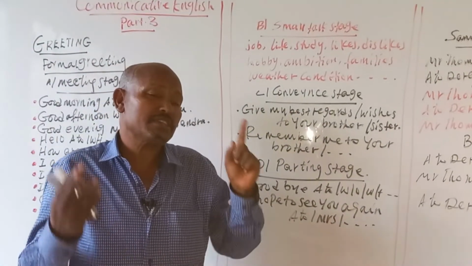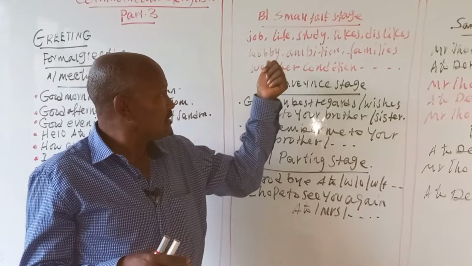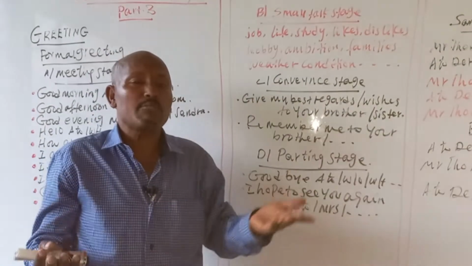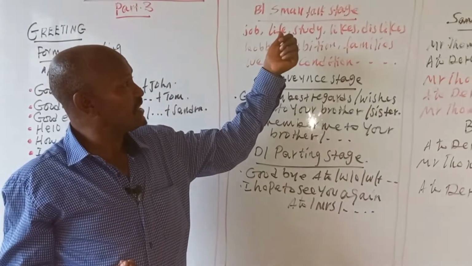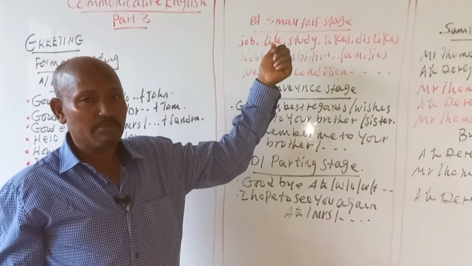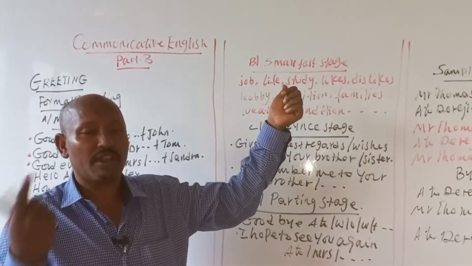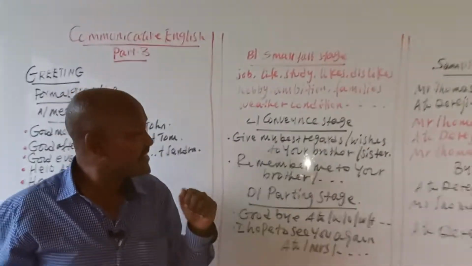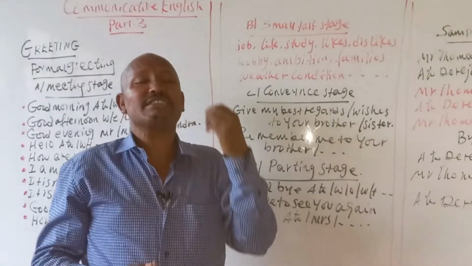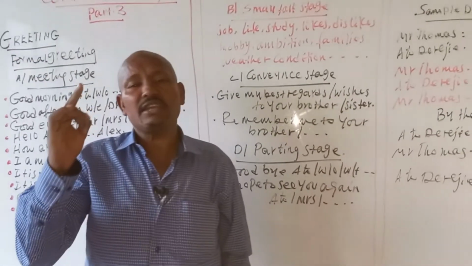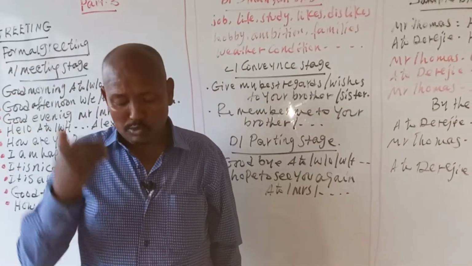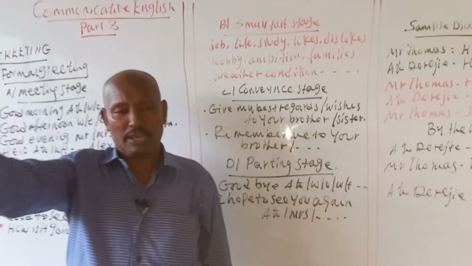Then somebody is coming to talk. Here are the examples I'm giving, and there are some more, in someone's view, someone's idea. So this is a very critical place when someone is in the middle of a formal greeting with a person. The next stage is the convince stage. Convince means you are sending a message to someone who is not with us, who is in another place.